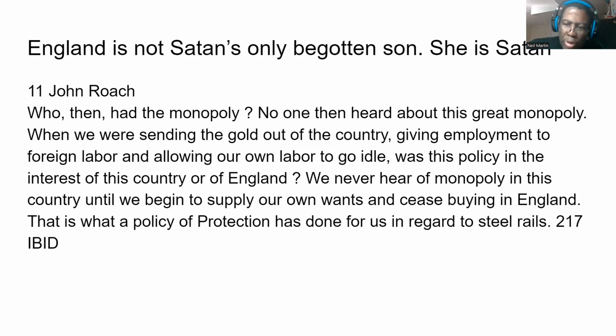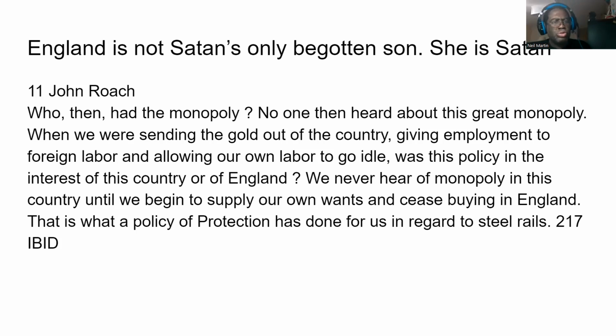You don't want to call what the British have a monopoly? If someone says a workshop is not a monopoly, they should be slapped silly, because that doesn't make any sense at all, right? So he is saying, okay, whenever we pass a tariff legislation and we start producing and